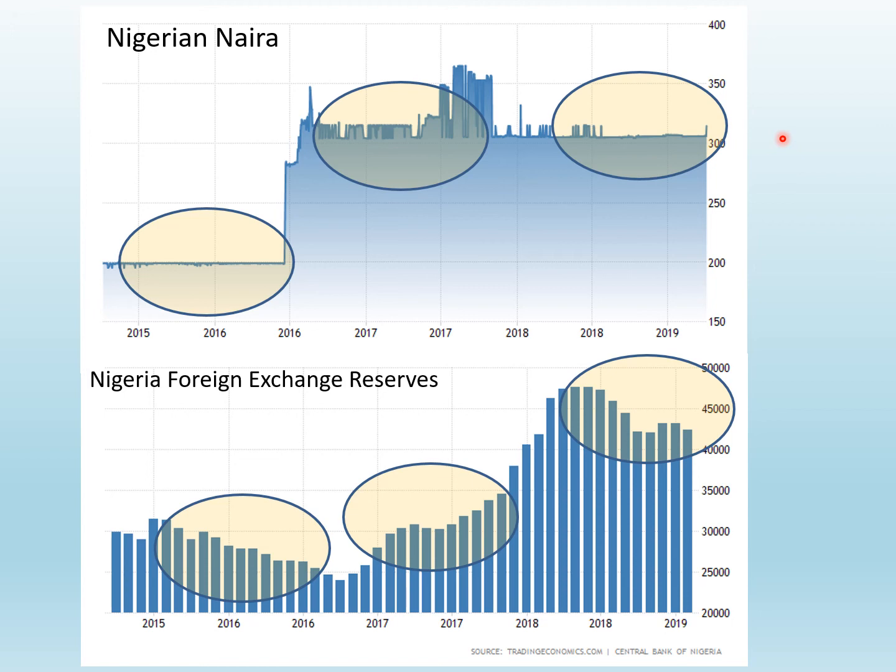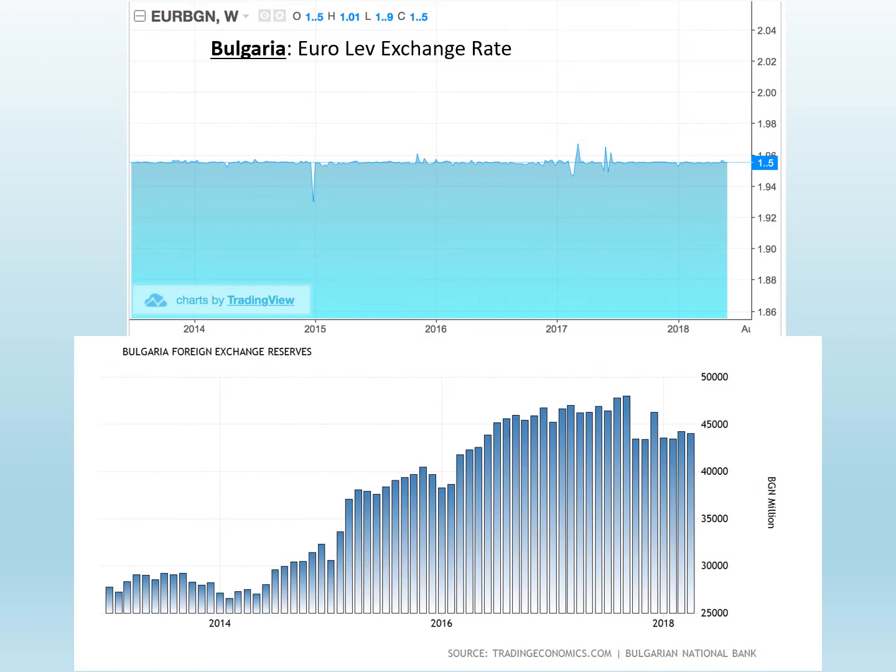The Central Bank of Nigeria is again defending the Naira. And if that trend continues, then sooner or later, the peg will have to be pulled and the currency will depreciate against the dollar. The final currency that I want to talk about, and the one we illustrated in lectures,